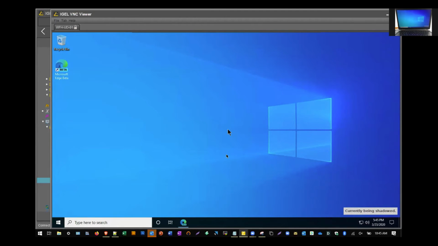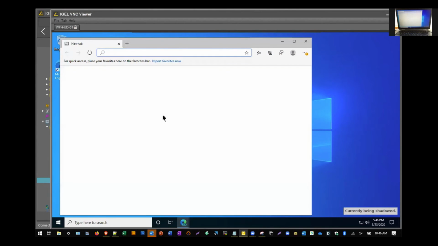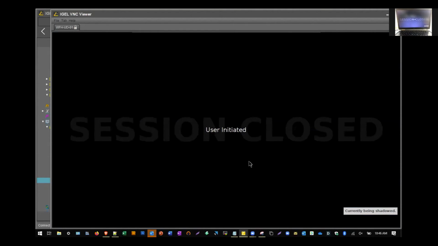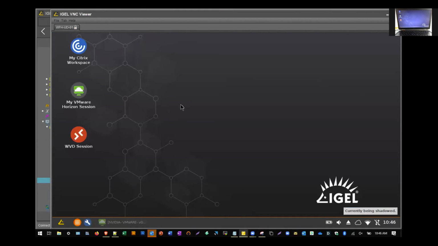So one of the concepts here is, if you have Citrix, if you have VMware, but you might have remote workers or some brand new people that are more task worker-ish that need basic applications, and you want to give them the ability to work from home and put them in a situation that allows them to work effectively. Maybe something like enabling WVD in a temporary measure can enable you to do this. As another example, you can see here, here's my browser. So here's my Windows 10 session that I have up and running here. So I can quickly actually disconnect from here as well. And then I'm going to get back to my IGEL desktop.